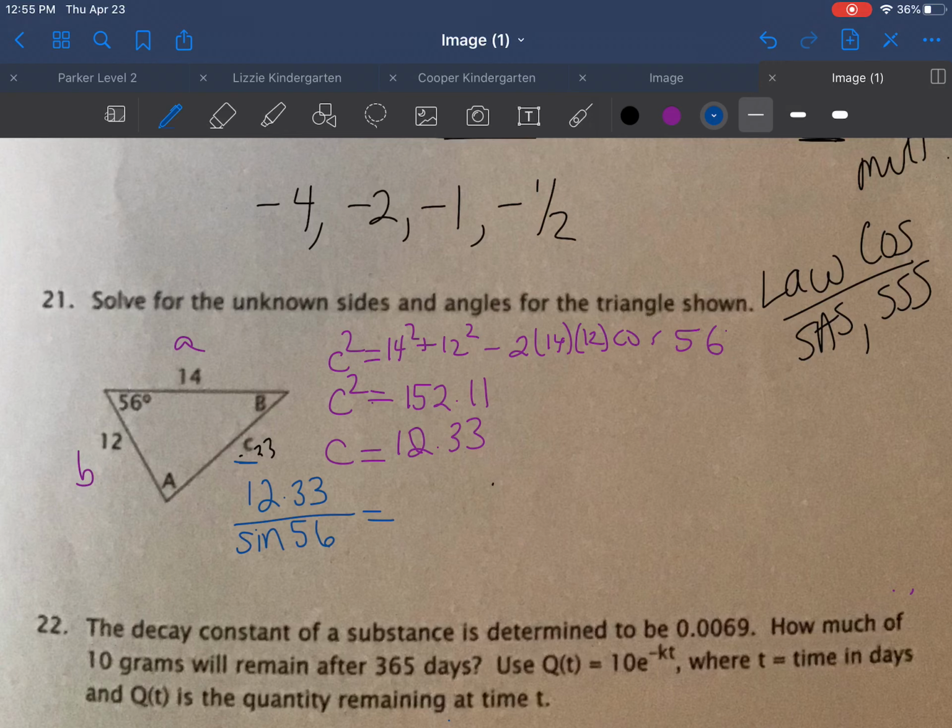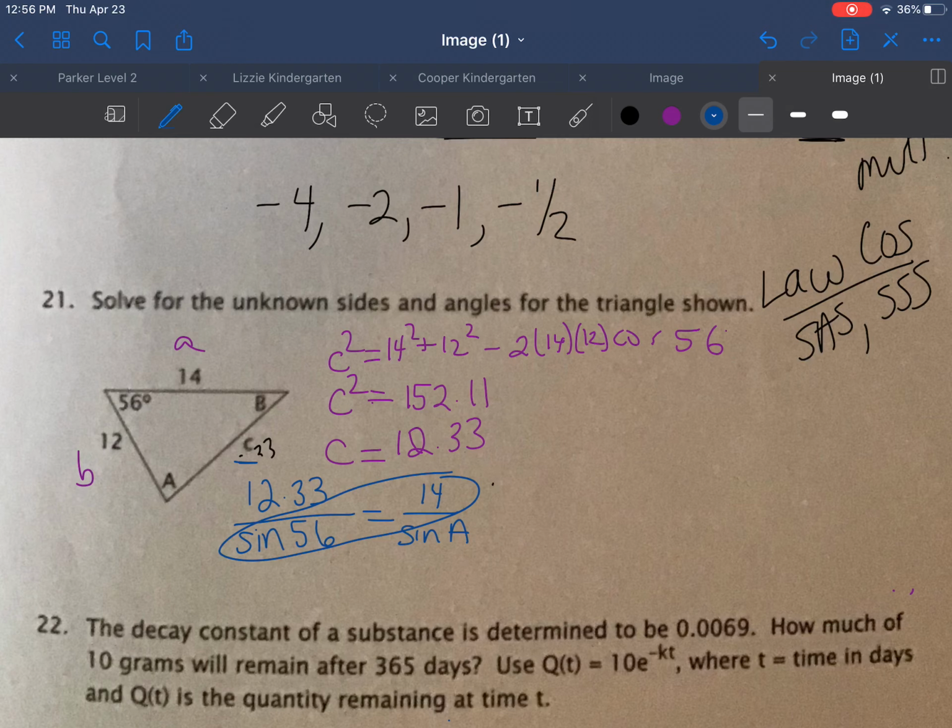Okay, so since I did side over angle, I'm going to keep with side over angle. I'm going to do A next because it comes first in the alphabet. So the side for A is 14. The angle for A we don't know, so we're going to say sine of A. We cross multiply. 14 times sine of 56 is equal to